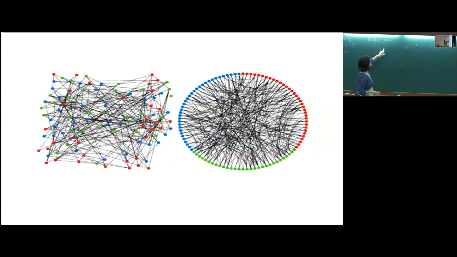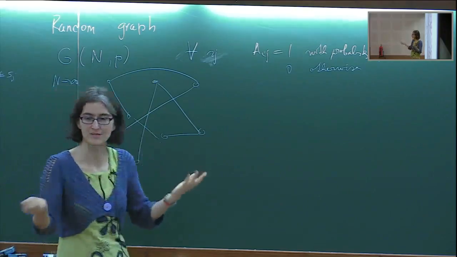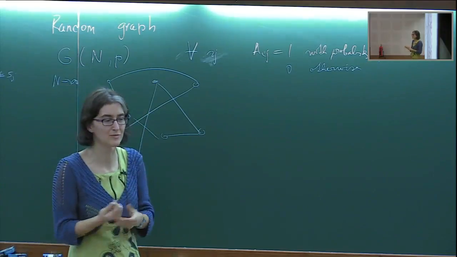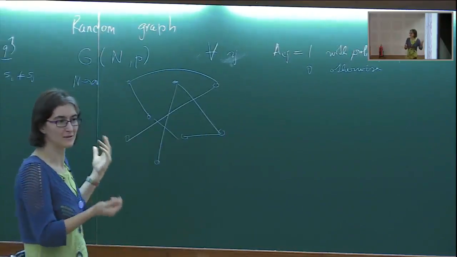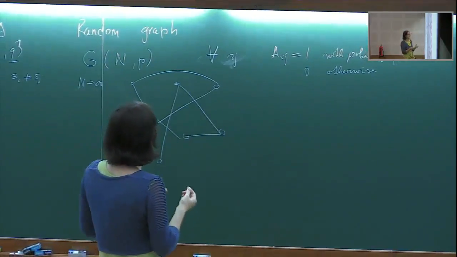So how should this P scale such that the graph coloring is interesting? Okay, so if the P is really small, how does a random graph look? We just have few edges there, and it may not even have a giant component. If it doesn't even have a giant component, then it's basically a set of trees, so it may be colorable with 2 colors, maybe 3, but with very few colors. So what's the interesting setting?